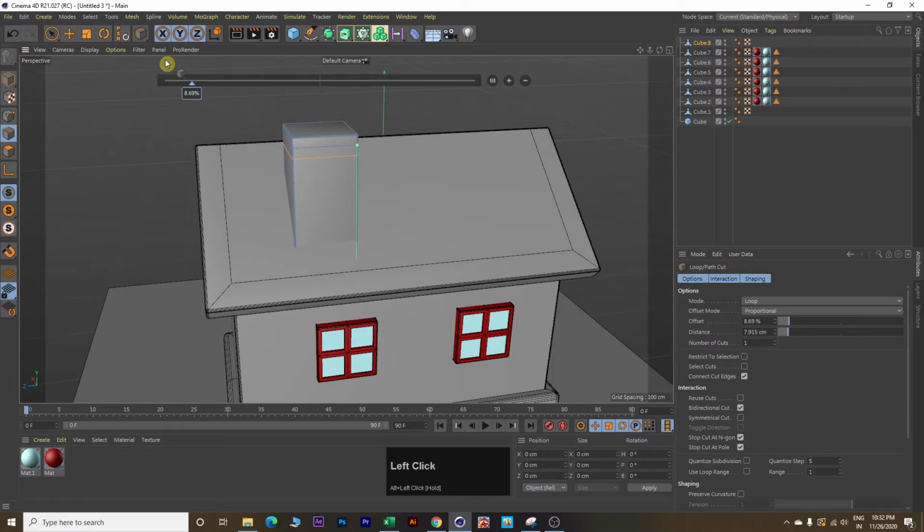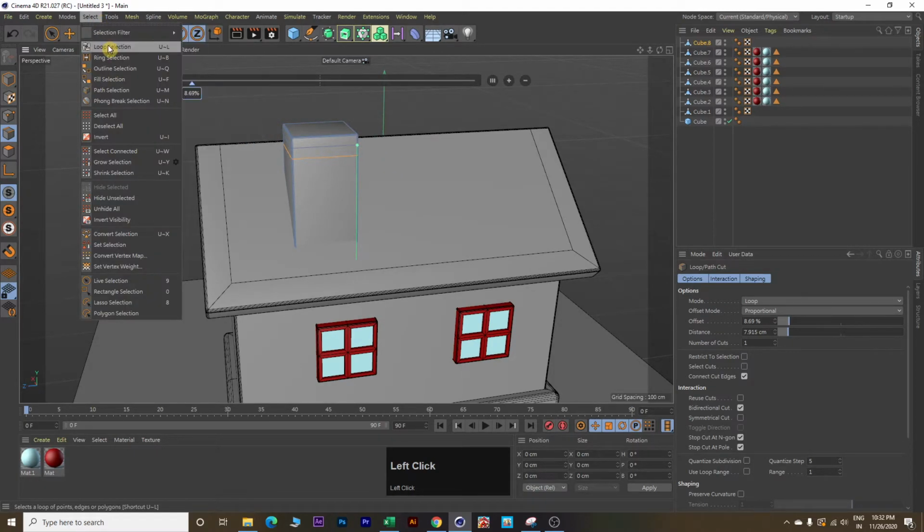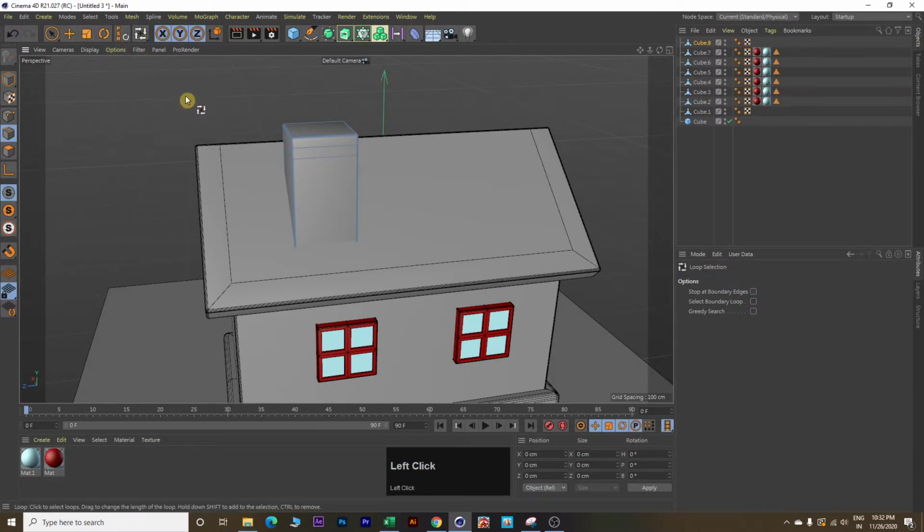Next, click on this select and select loop selection and then make this selection over here. Before, click on this polygons and click here. So what we have done is we have selected all the polygons across the side of this chimney.